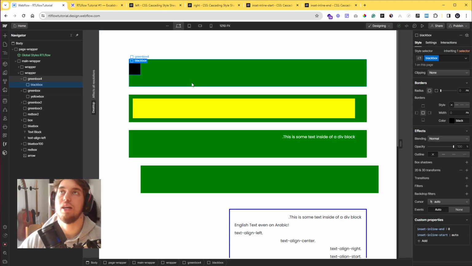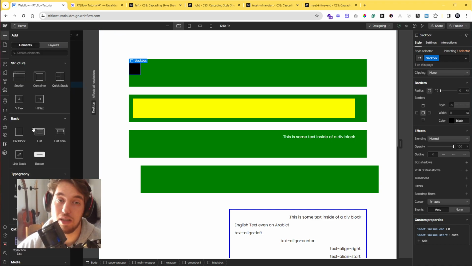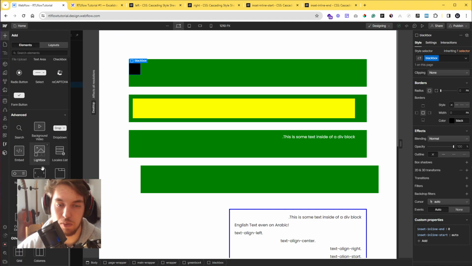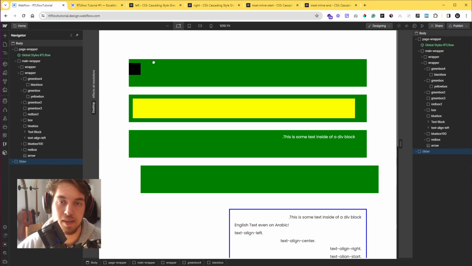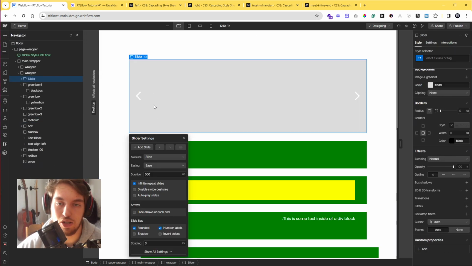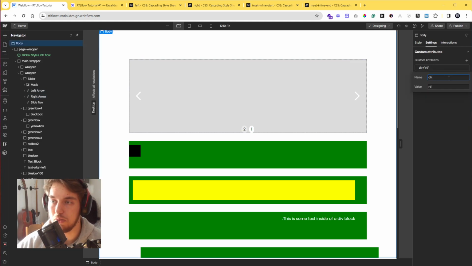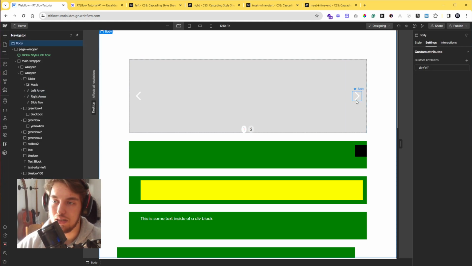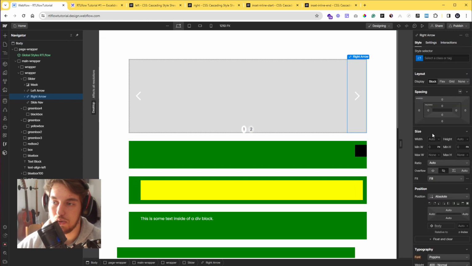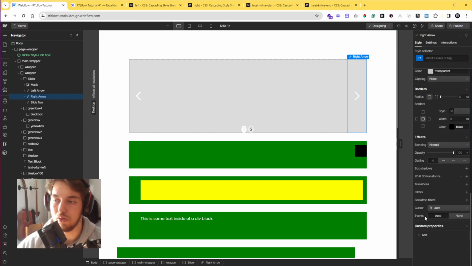For example, if you have a Webflow slider. Actually, let me add it right in so you can see the use case. We're going to talk about sliders in the future, but one thing about sliders is you have to align the elements. So for example, you have the left arrow right here, and you have the right arrow right here, and let's say you want to flip it around, you need the arrows to go to the other side. So what you would do is you would go in here, you would say